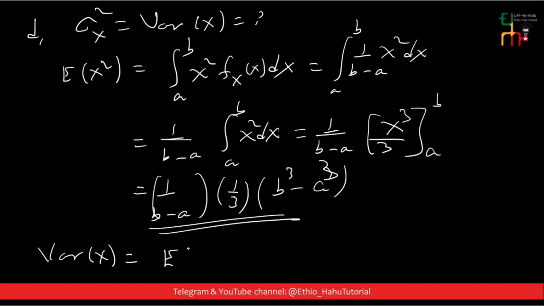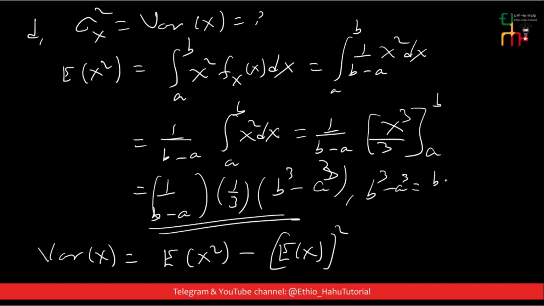ማለት ነው expected value of x square minus the square of the expected value of x ማለት ነው። Expected value of x square እዚህ ጋር አግኝቻለሁ minus the square of the expected value of x ማለት ነው። The square of the expected value of x ማለት a plus b over 2 ነው። ይሄኛው ደግሞ ይሄ ነው የሚሆነው ግን እቺ b cube minus a cube ማለት ምን ማለት ነው b minus a ትሆንና into b square plus ab plus a square ይሆናል ማለት ነው። ይሄ ነው ይሄንን ስተነትኑት እንደዚህ ይሆናል ማለት ነው።